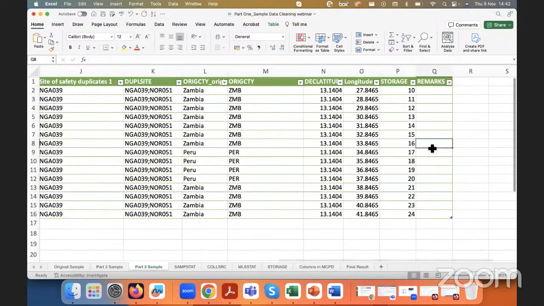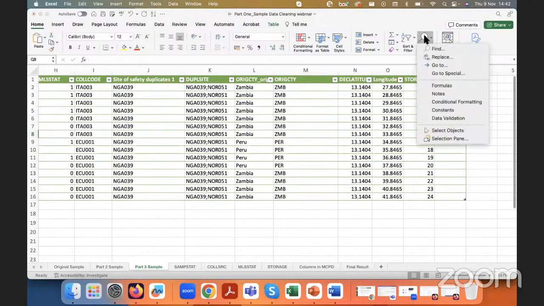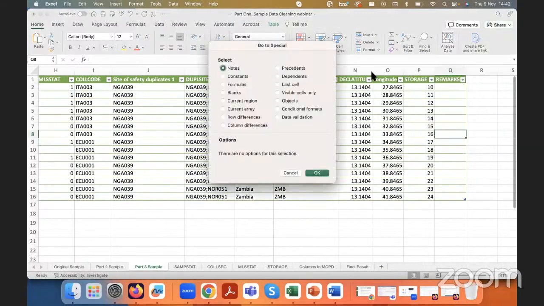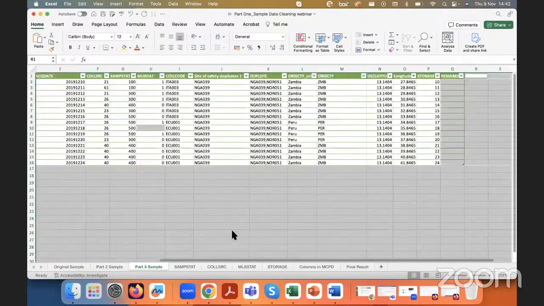But if I want to replace this blank cell with null or nil or NA, depending on what you prefer in your gene bank, a way to do that would be to first, in the home ribbon, click on Find and Select, go to Special, and select blanks from this menu. So you're telling Excel, please select in my table all the blanks. You click on OK. And now it's selected all the blanks in my file, but I want only the blanks